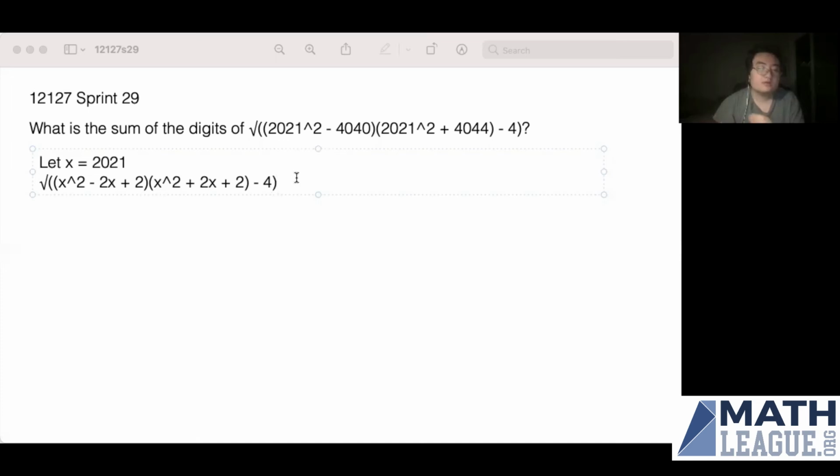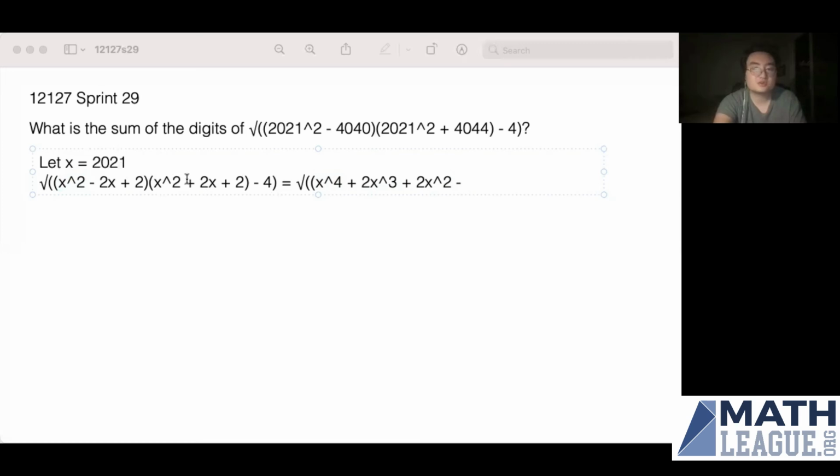So now what we can do is expand out with our trusty FOIL method again, right? And we'll get x to the 4th plus 2x cubed plus 2x squared. I'm starting with this term and then doing this, this, this, the 2, and then the minus 2x gets paired with x squared, the 2x and the 2. The 2 gets finally paired with x squared, the 2x and the 2. So the x to the 4th plus 2x cubed plus 2x squared corresponds to this first x squared over here. And then we can just repeat for the other terms.